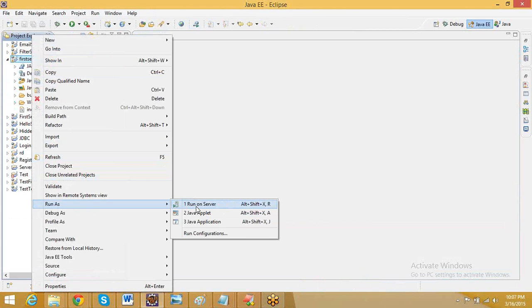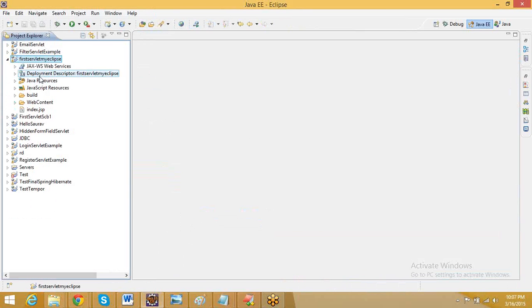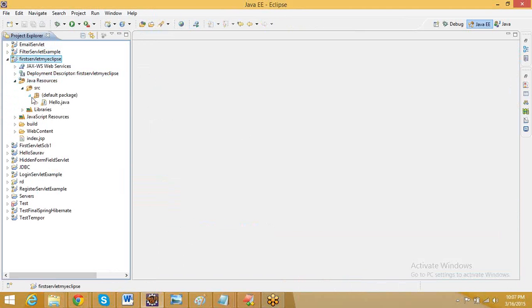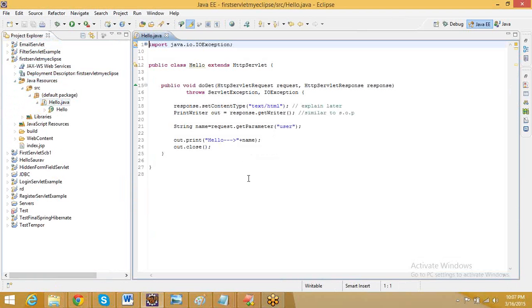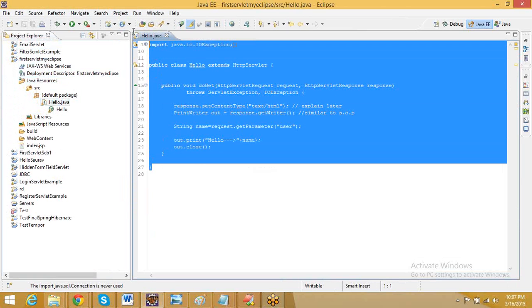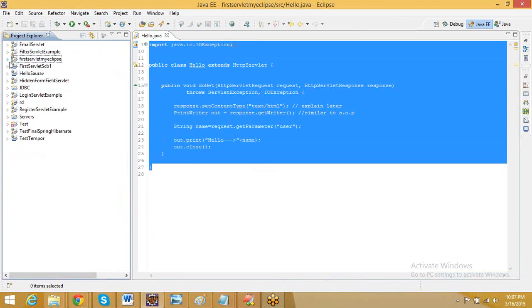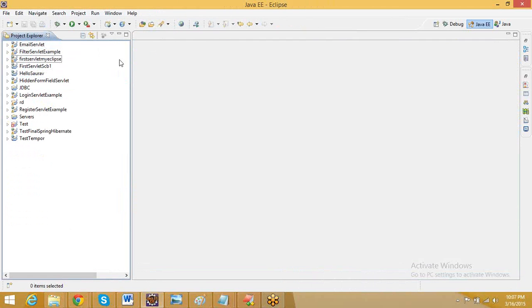Suppose we have a client, right? How can we give our build to them? We cannot give it just like this. This is the build structure, the application, and these are the source files we have right now. This code I don't want to share with my client, right? If I give all this, they will not be in a good position to handle it. We will give it in the form of a war file, jar file, or any other format, exe format, standalone. To make that war file, we have to use the Ant build.